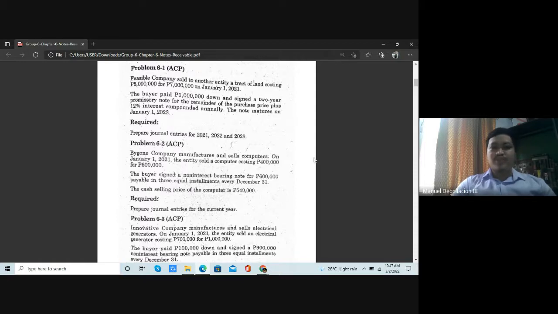Although we cannot actually fix the length of time as to when we would be able to collect our accounts receivable, because the determination of your normal operating cycle includes the average length of time it takes for you to collect your receivables. So it would be wrong for me to say that your accounts receivable can only be collected within 1 year, because it's possible that your normal operating cycle goes beyond 1 year. But regardless of how long you will actually be able to receive your receivable,